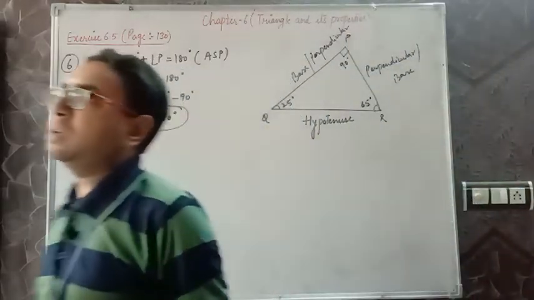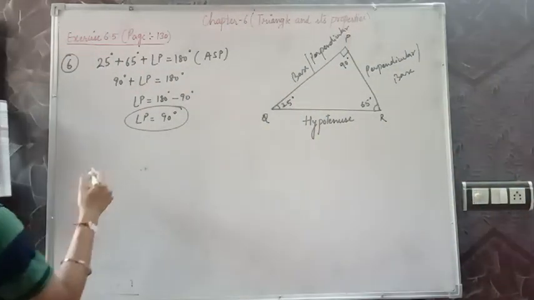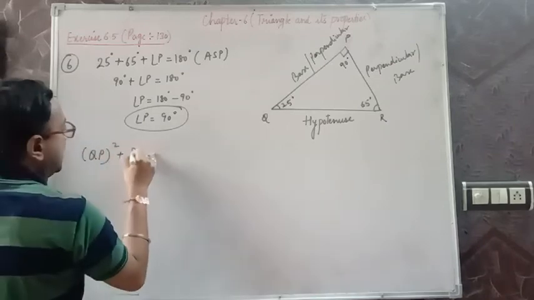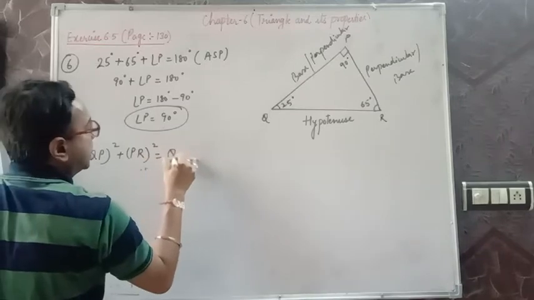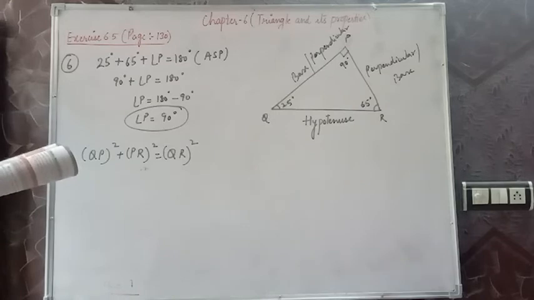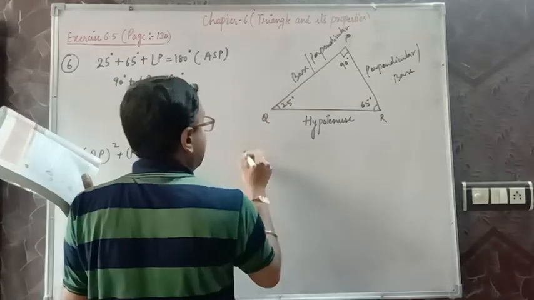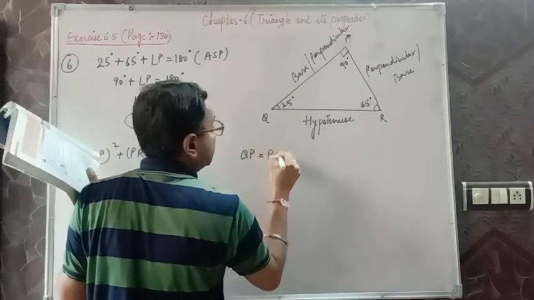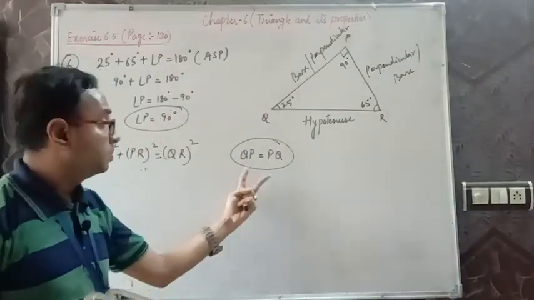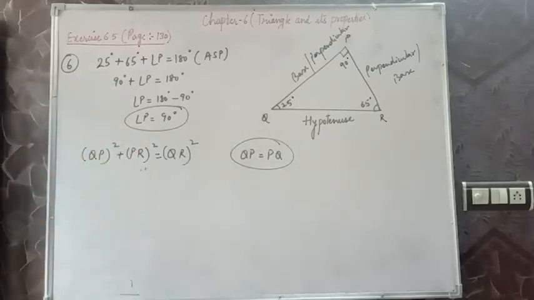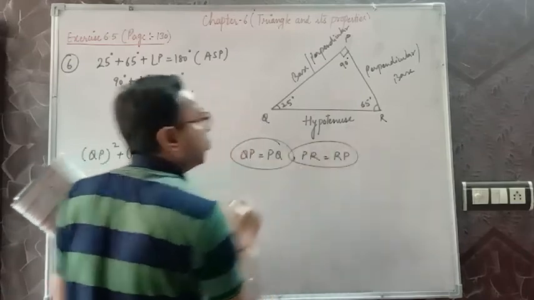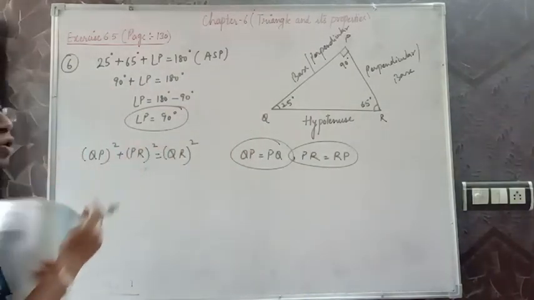So if we apply Pythagoras theorem, the result should be QP square plus PR square is equal to QR square. Are we having any option? Understand one more thing. PQ or QP is one and the same thing. It's not a problem, the length is the same. They both are the same. Do remember. Similarly, PR or RP, they are the same. I told you before also, because the lengths are not changing.